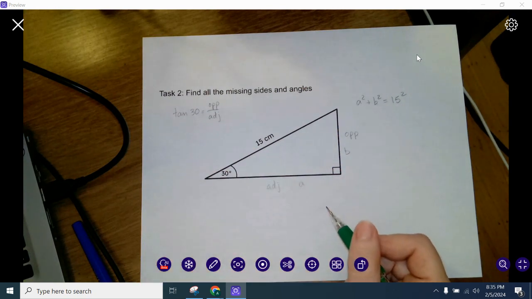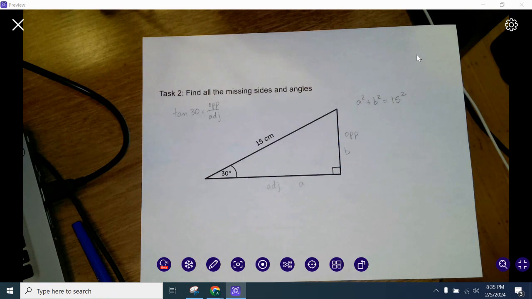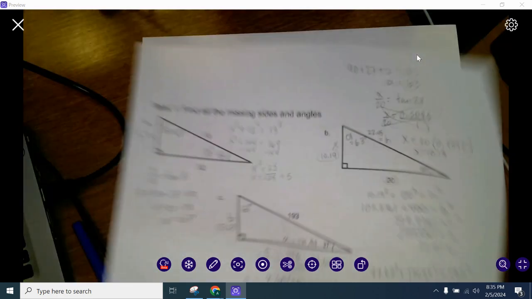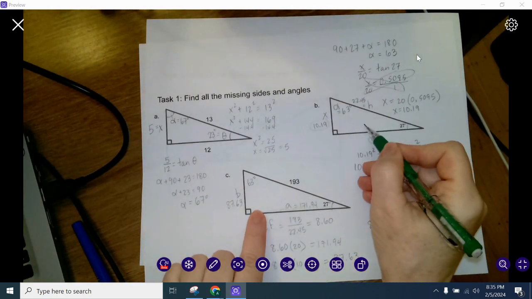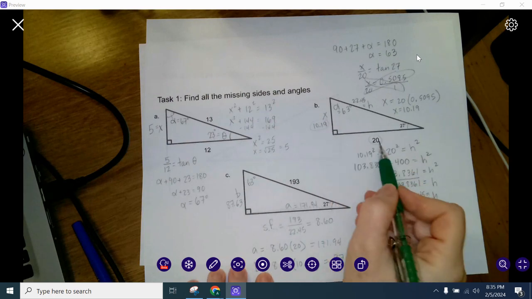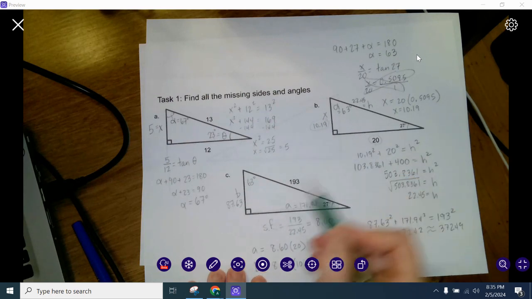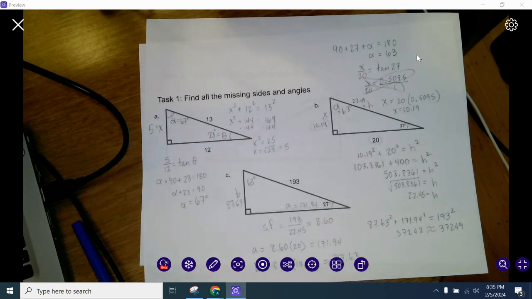And sure enough, people have been really smart and they figured out that if you have two similar triangles, so like we did in the review, we have these two similar triangles, that if we divide the opposite by the adjacent, we're going to get the same answer, right? So we knew that. That's called the tangent ratio. We can just prove it. So if I do